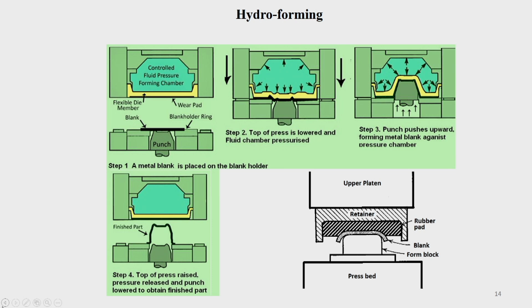Now, when you want specific shapes with high precision and accuracy, then hydroforming is extensively used. It is used for automobile body parts, where you get a very good surface finish and the production rate is much higher, and the defect or rejection in the process is very minimal. Once you standardize it for a particular component, the rejection is almost nil. That is one of the biggest advantages of this.